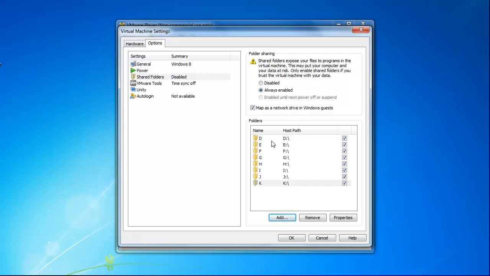Okay, I went ahead and added in all my drives that I've got. So I got D, E, F, G, H, I, J, K. And in order for you to be able to see these, once you install the operating system, you got to install the tools. If you do not install the tools, then you will not be able to view anything within your network. You won't even be able to go online. So the tools have got to be installed, which we'll get to as soon as we install the operating